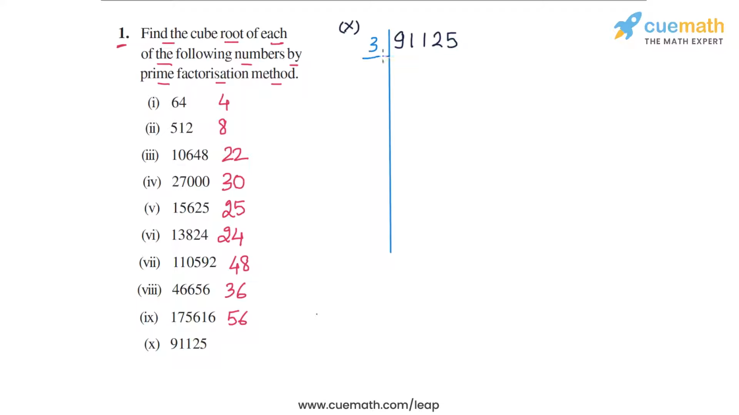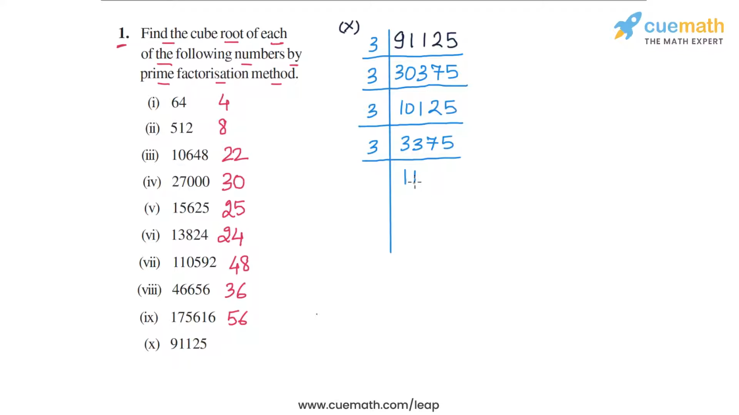So we take out a 3, and that will give us 30,375. This is still a multiple of 3, so we can take out another 3, and that will give us 10,125. This is still a multiple of 3, so we take out a 3 again, and that will give us 3,375. We can take out a 3 again, and that will give us 1,125, and then we can take out a 3 again, and that will give us 375,